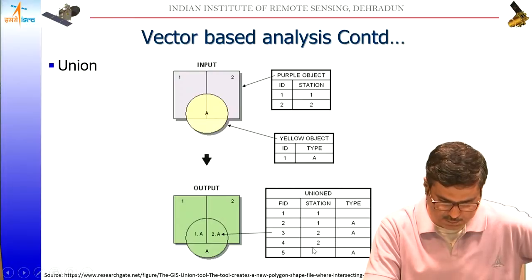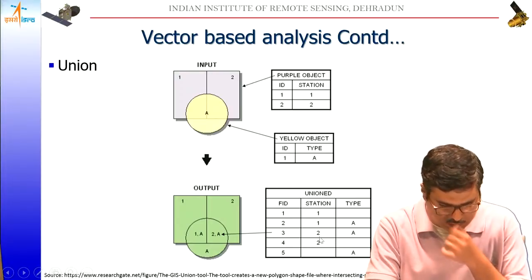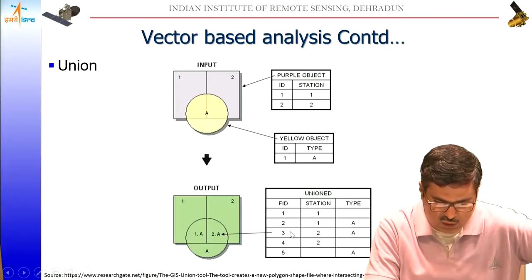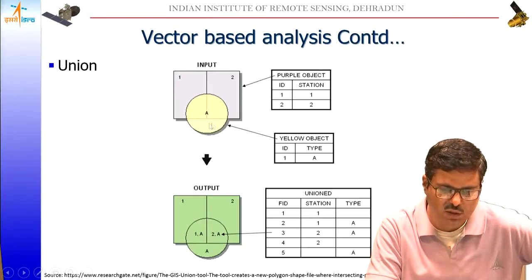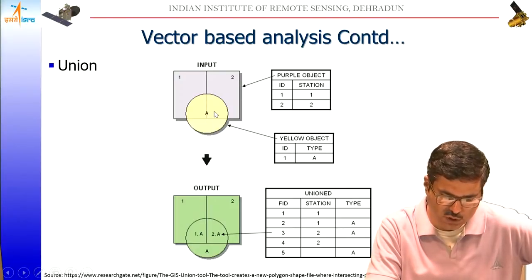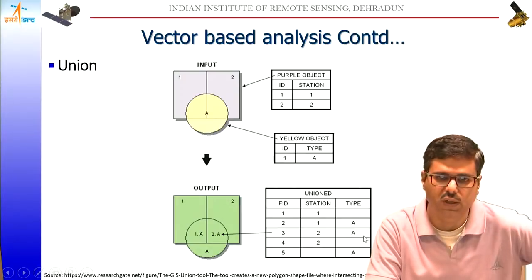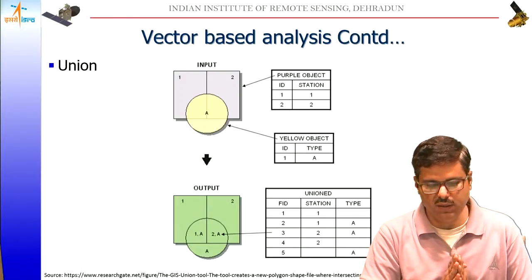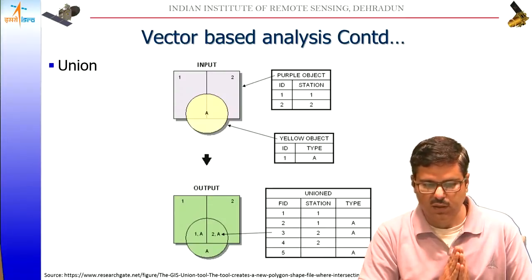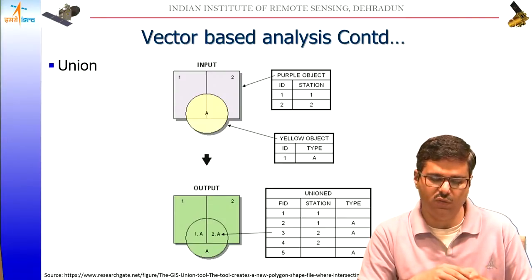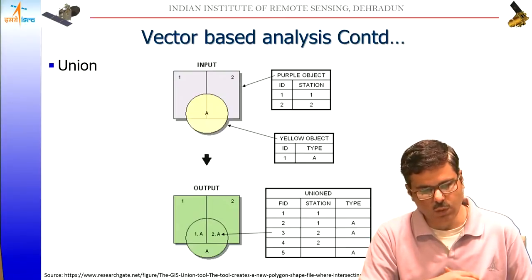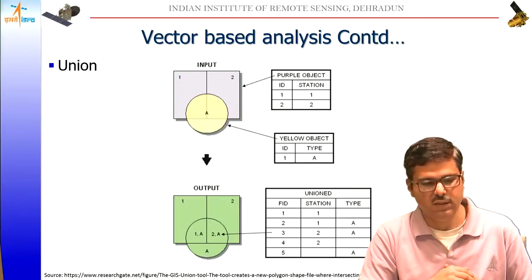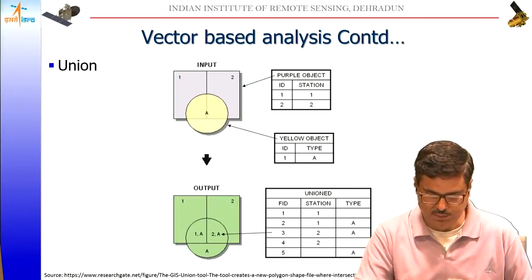Similarly, if we go to, let's say, this operator as 3, then we can find out that it is extracting the value of 2 because it is lying within the purple object polygon 2 and also object A, so that's why you are getting a 2 A value. Now if you look closely again at the output of a union, you can see that it also contains the output of the intersection. So common regions and also the regions which are not common to both are appearing in this union operation.